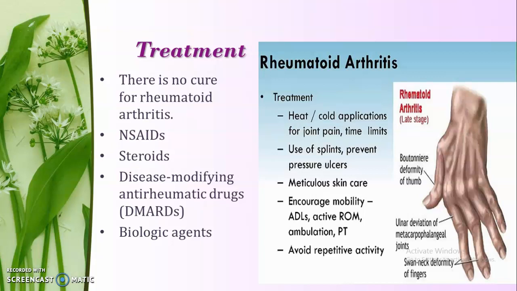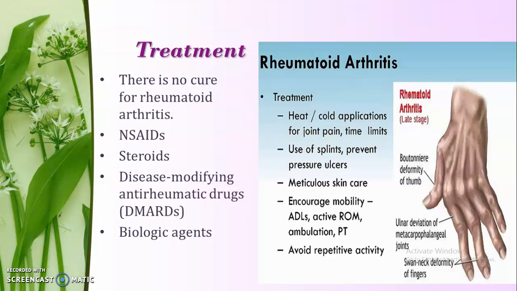Then the second medication we can use is the steroids. Corticosteroid medications such as prednisone reduce the inflammation and pain and slow joint damage. Side effects may include thinning of bones, weight gain and diabetes. Doctors often prescribe a corticosteroid to relieve acute symptoms with the goal of gradually tapering the medication dose.